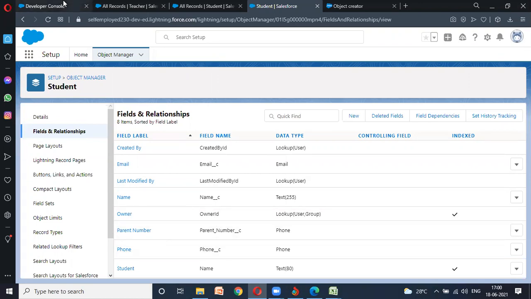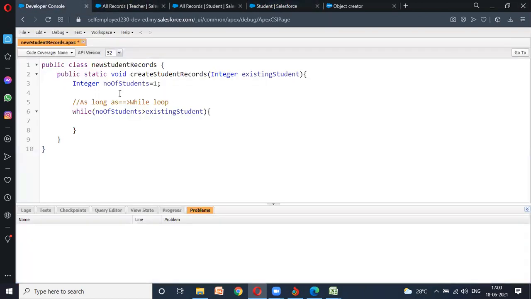Okay. What I need to do? I will go here. Sorry, here. Now, whatever I want here, I can do. And one more thing, I think this will be a little wrong actually. Given existing student should be greater than or equal to. Yeah. Let's start. So now, the first thing first.